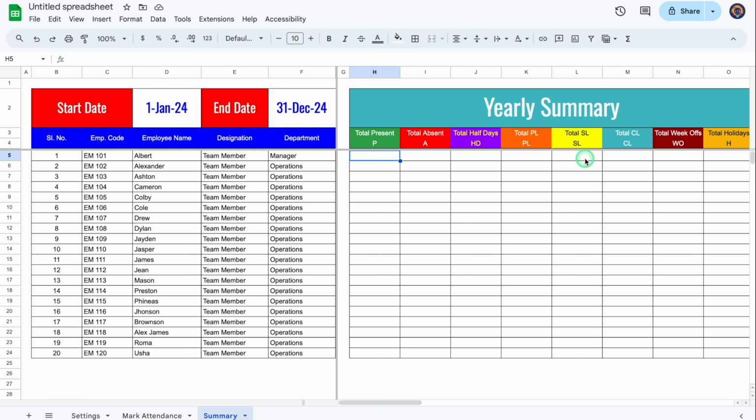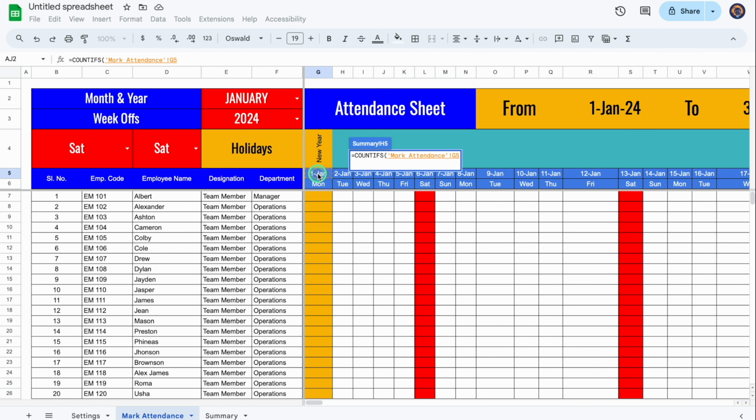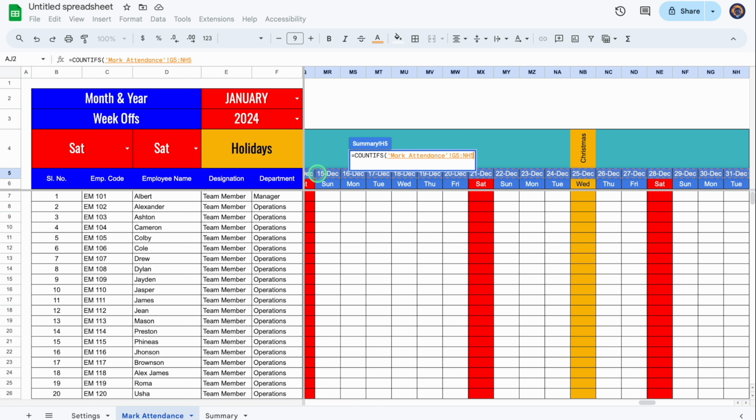Perfect. Now we will insert our formula over here and we will use Countifs and the formula will be equal to Countifs, bracket open. We will go to mark attendance sheet. We'll come to left. We'll click on first date. We'll press Shift Control right arrow key and the dates will be selected till December. We'll press function F4 and the cells will be locked. Comma, double inverted comma, greater than or equal to, double inverted comma close, and we will go to our summary